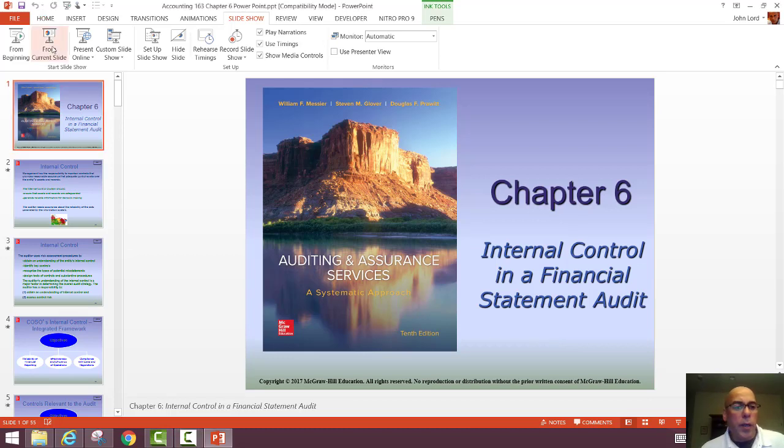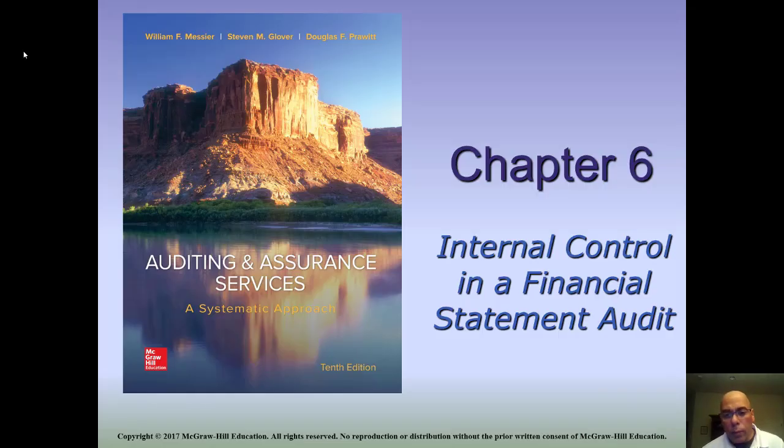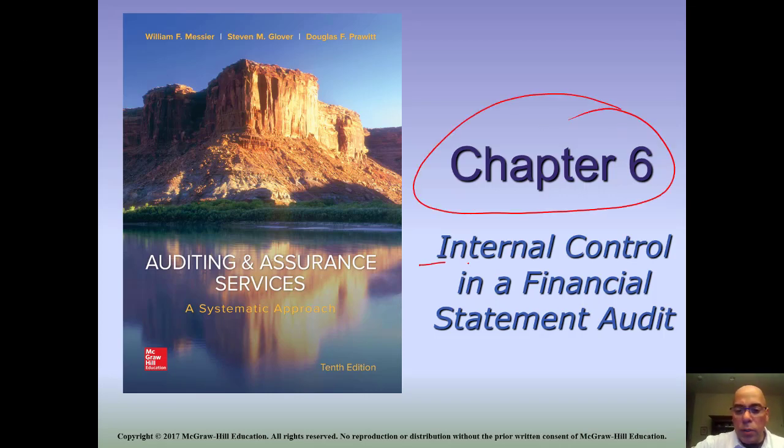Okay guys, let's go ahead and take a look at the slides for Chapter 6. What we're going to get into now is a further discussion of our internal control here in Chapter 6. We've already started this discussion to a certain extent when we talked about the obtaining the understanding phase and how the auditor will make assessments of control risk in the preliminary phases of the audit. We're now going to go further with that discussion and start to understand more about documenting that understanding and then doing testing of the operating effectiveness of those internal controls to determine the timing, extent, and nature of our